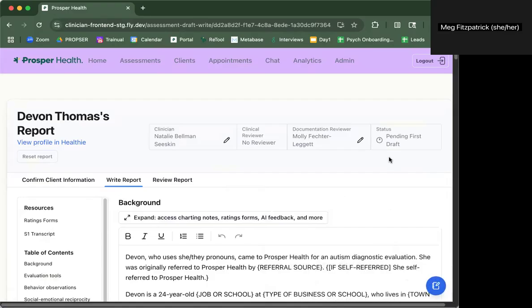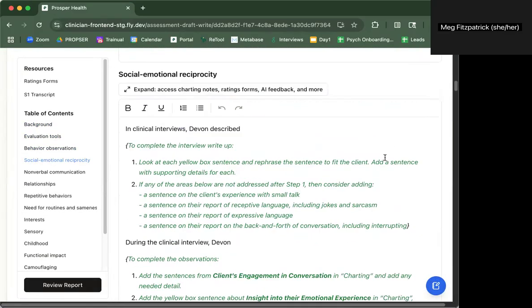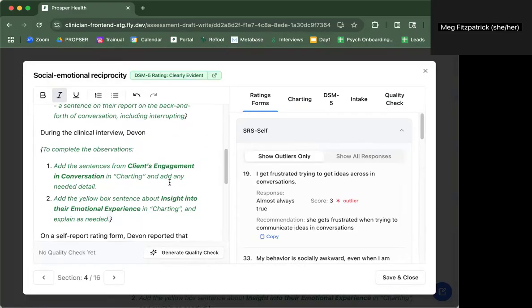And what I start with is down here in social emotional reciprocity. I'm just going to do social emotional reciprocity so that you can see a section, and then I'll talk about some sections that stand out, but I'm going to go through just writing social emotional reciprocity rather than the whole report. So what I do after my S2 is I'll come into this in the portal in the report,